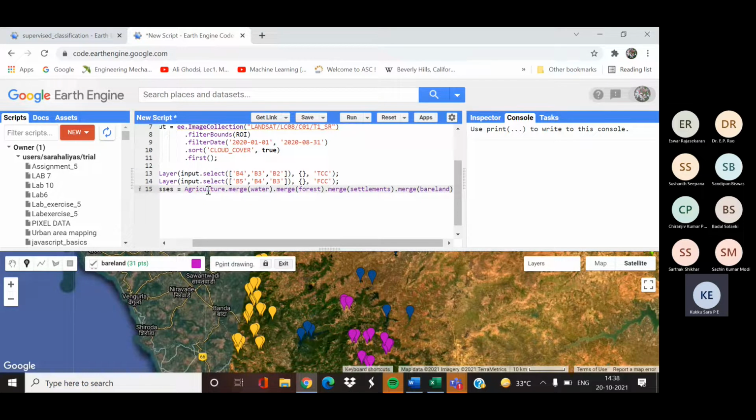So now we have merged our training points of agriculture, water, forest, settlements, and bare land.